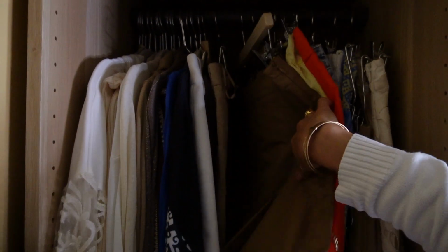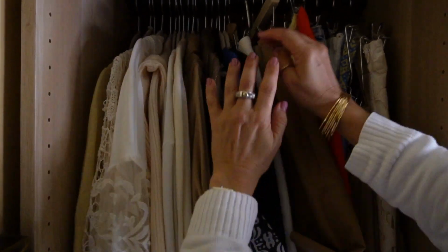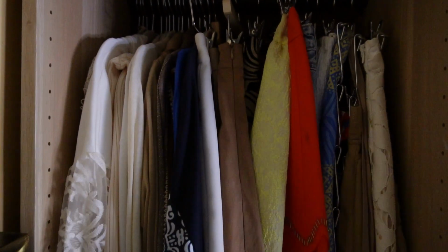Make sure that it suits you and it suits your lifestyle. For example, I used to have a job where I wore a lot of suits and a lot of corporate looking clothes, which is fine, but that's not my lifestyle anymore. I work from home. So those sort of items I gave away to people who actually need it. I kept one or two because I do like dressing up every now and then,